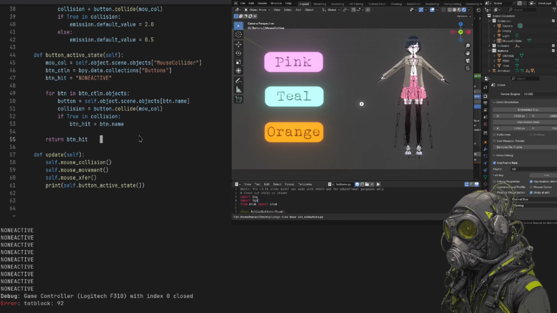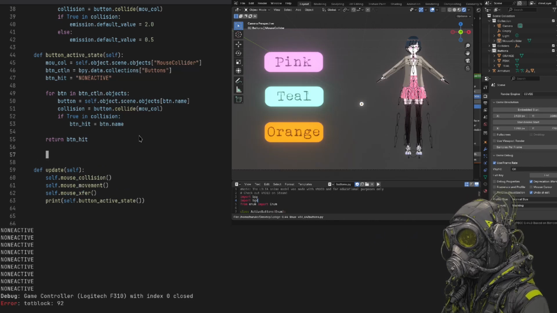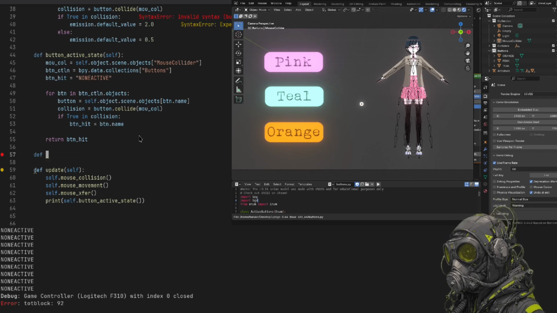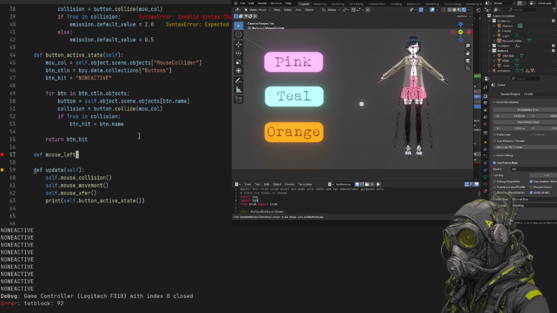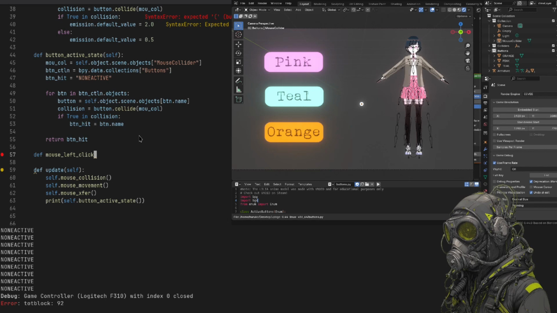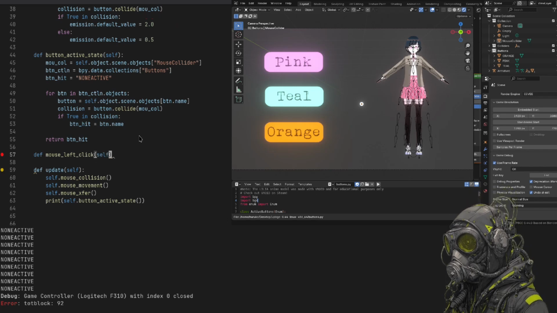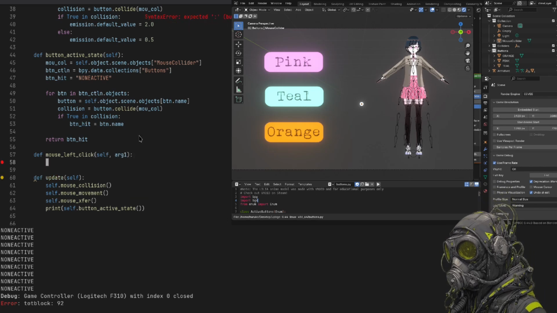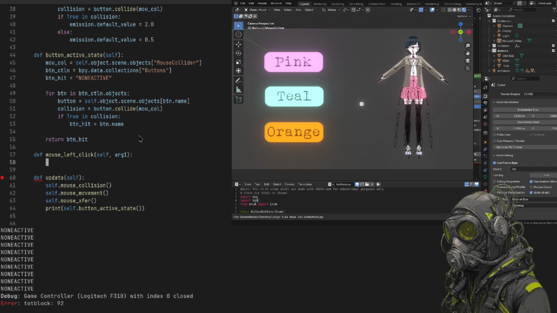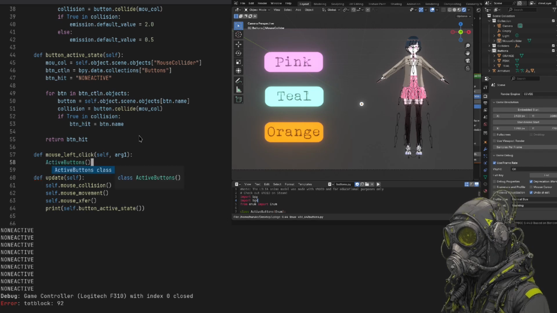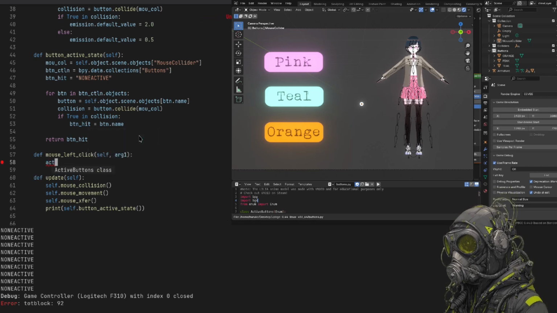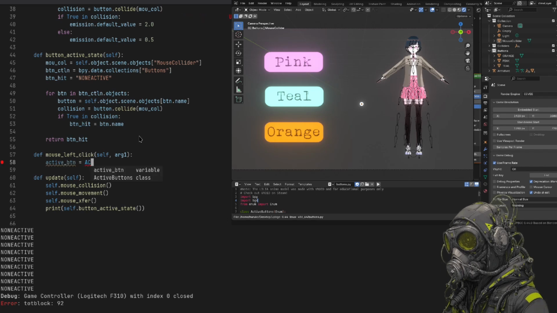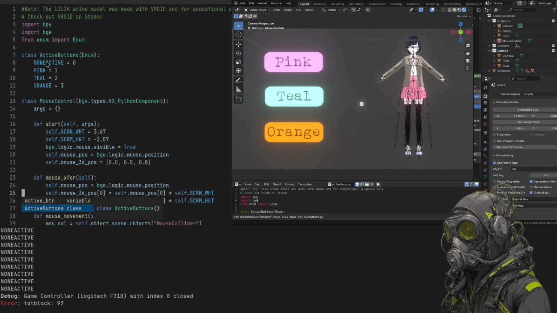So now we've done that, we're going to create another function to put it into. This is for our click function, so we're going to do mouse left click. And it needs to accept an arg, so we'll give it arg1. And now we're going to finally use our enum. So we're going to do active buttons. Oh no, we're going to do active button